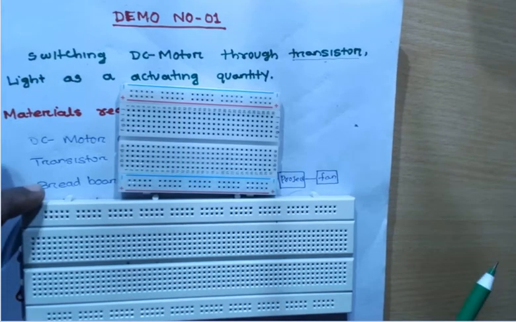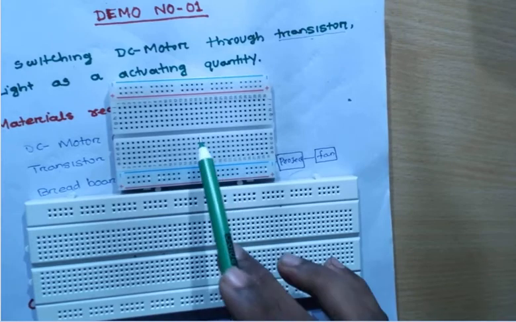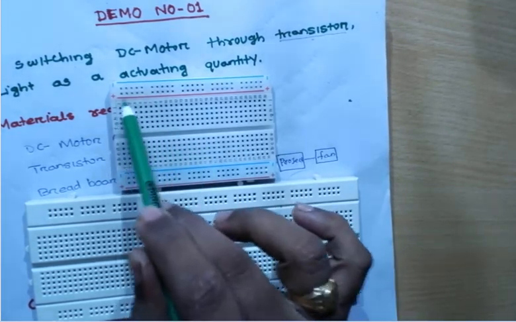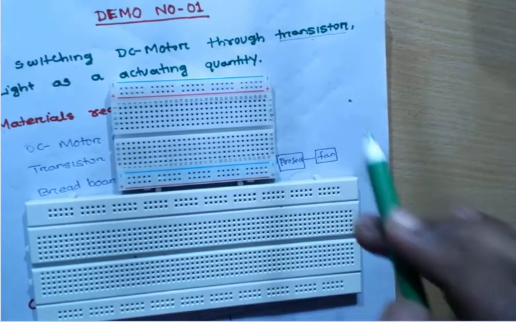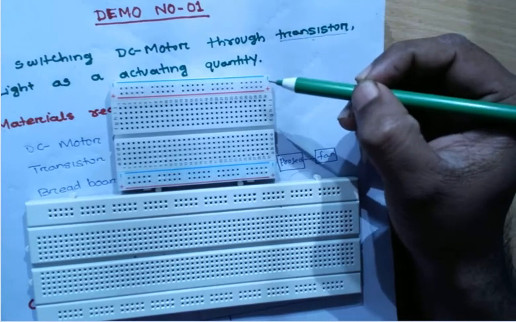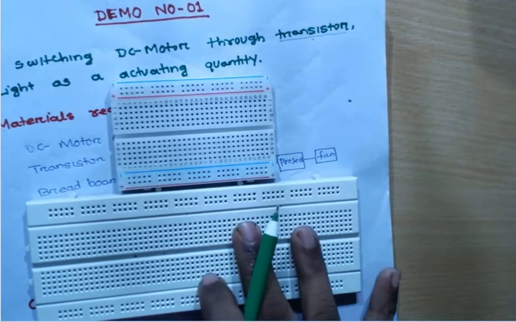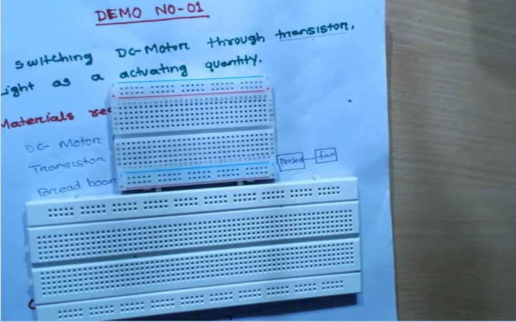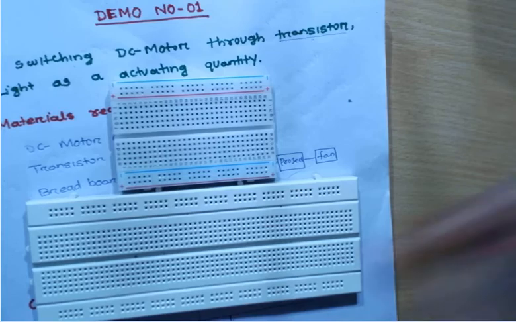What is there in this breadboard? You can see there are two differences. In the above breadboard, the red color indicates the positive and the blue color indicates the negative, but this is not mandatory. Generally, in the below one, you cannot see such marking. But this is a bus bar. This is continuous. These are called hookup wires.